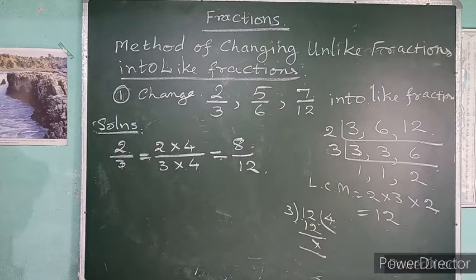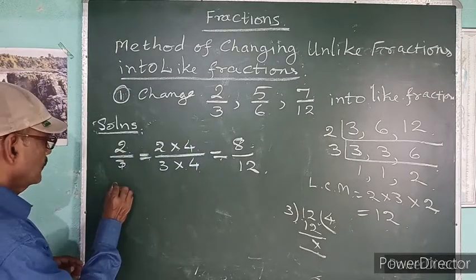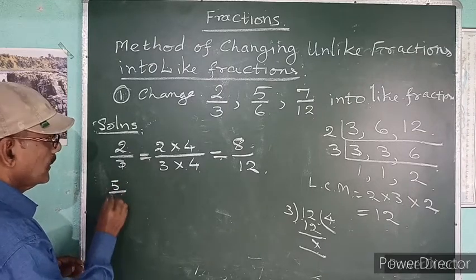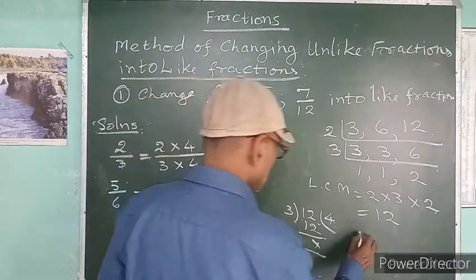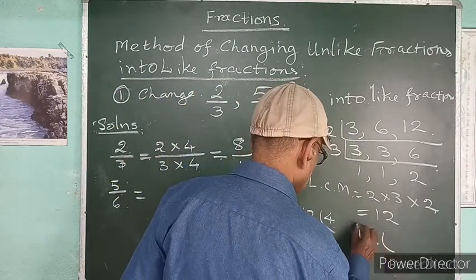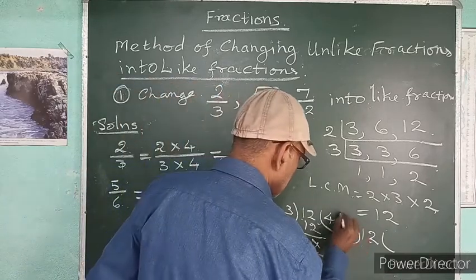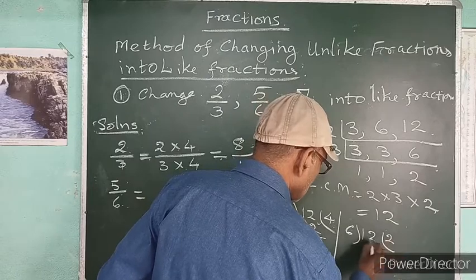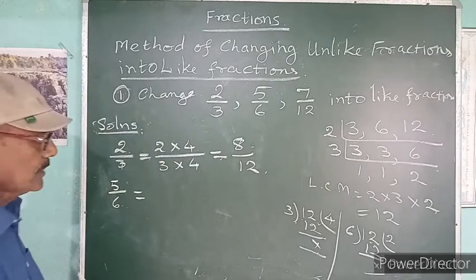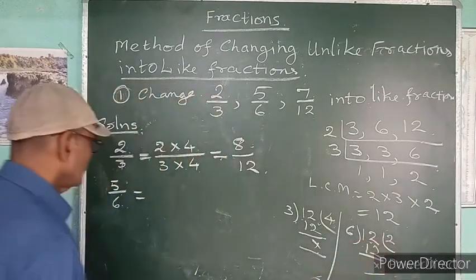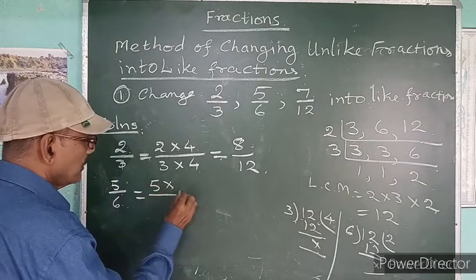In this way, we will again divide 12 by 6. Take down this 5/6. So next one is 12 divide this 12 by this 6. Here 6. 6 2s are 12. Remainder is 0. Now this is the quotient. Multiply the numerator and the denominator by the same quotient 2.